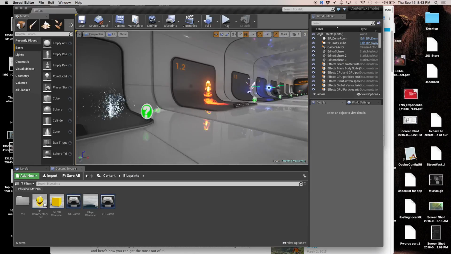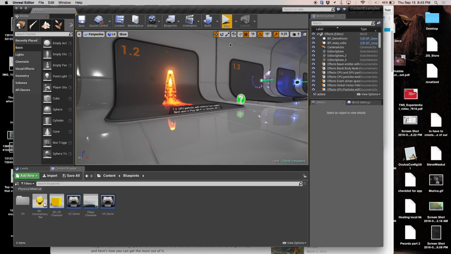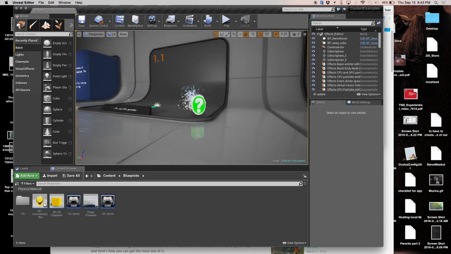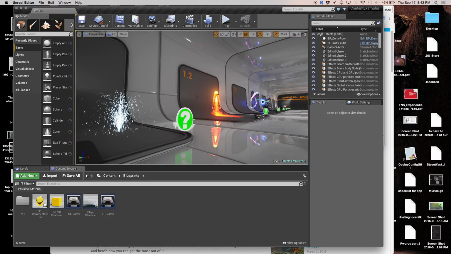So what we can see, first of all, I'm going to let you know that I'm not hitting play. This is Unreal Engine. It just does a real-time display of a lot of things like particle systems and skeletal motion. This is one of its beautiful features, but it's also a resource hog.